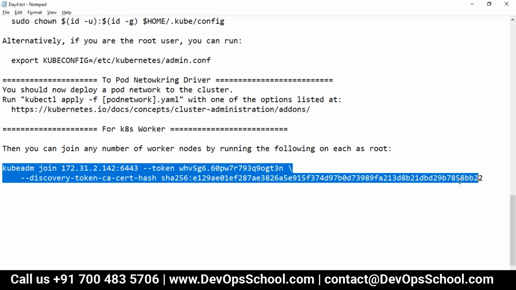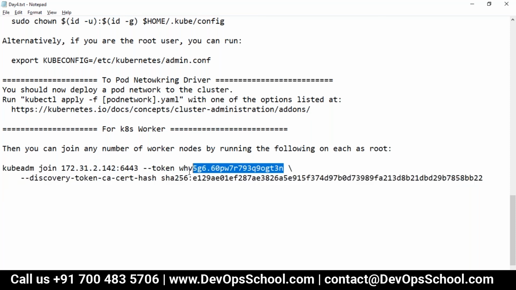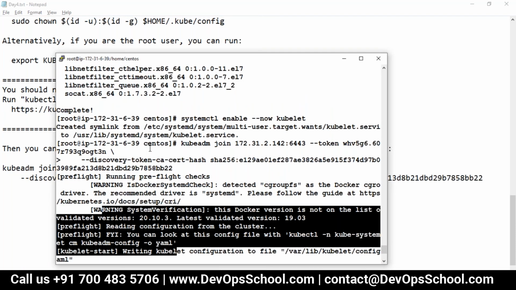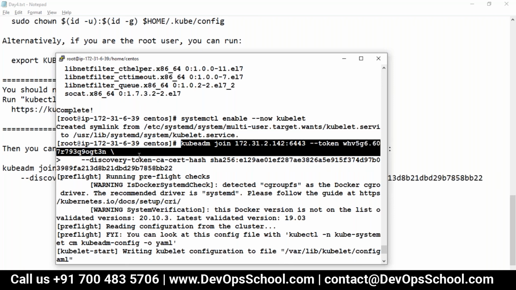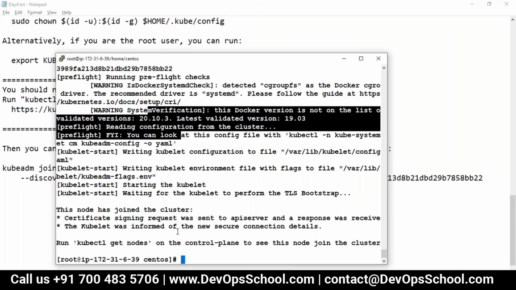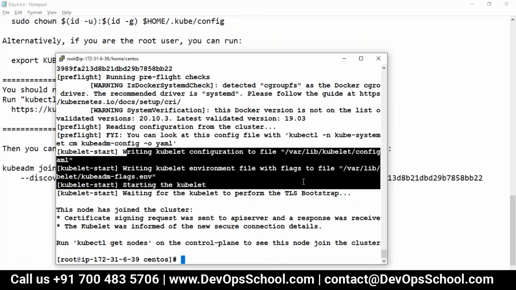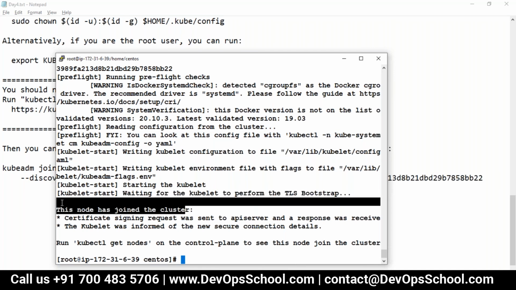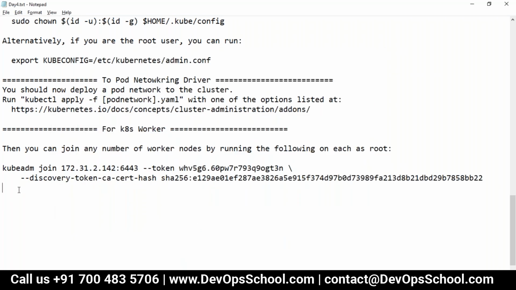But if I go to an office, then I have to take permission from the reception. So it's like that. Here they are having it pre-approved because of this token. The moment you request the master API server with this token, you automatically get a certificate. You don't have to approve it. It's a pre-approved thing. So whenever you run this, see here, the certificate gets issued, the preflight check happens, and then finally the configuration is written here, the kubelet is started, and it joins the cluster. So all of this onboarding of the worker to the master got automated.